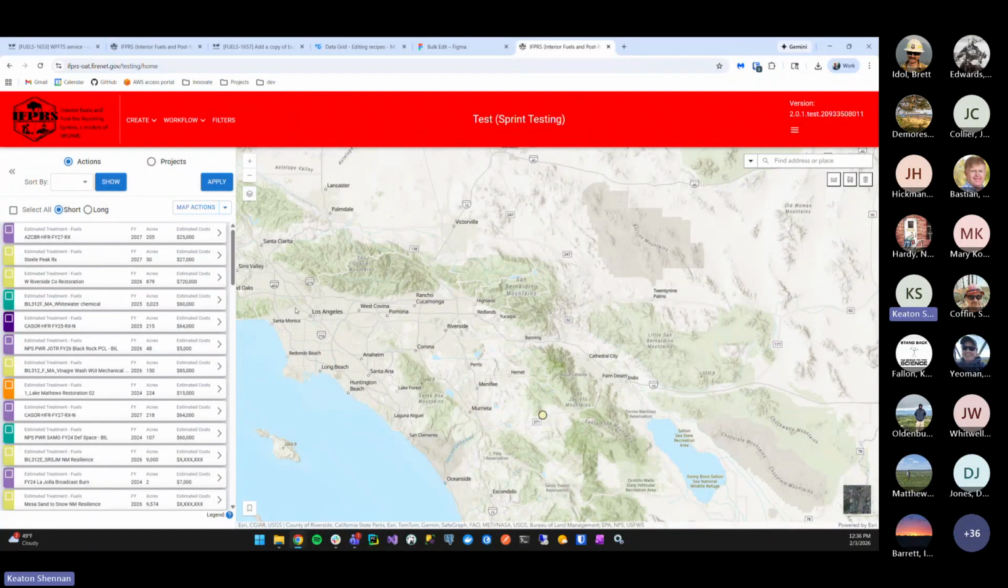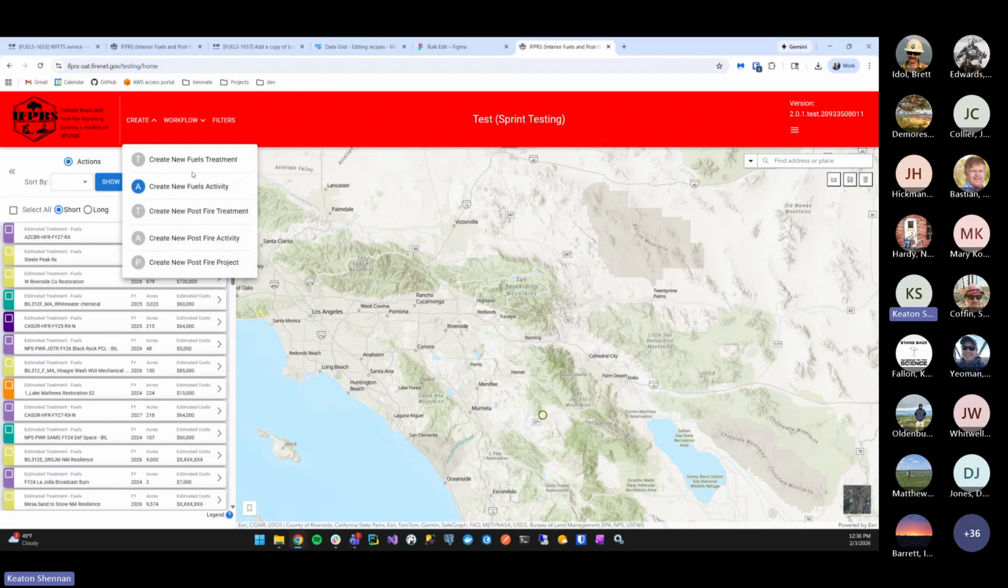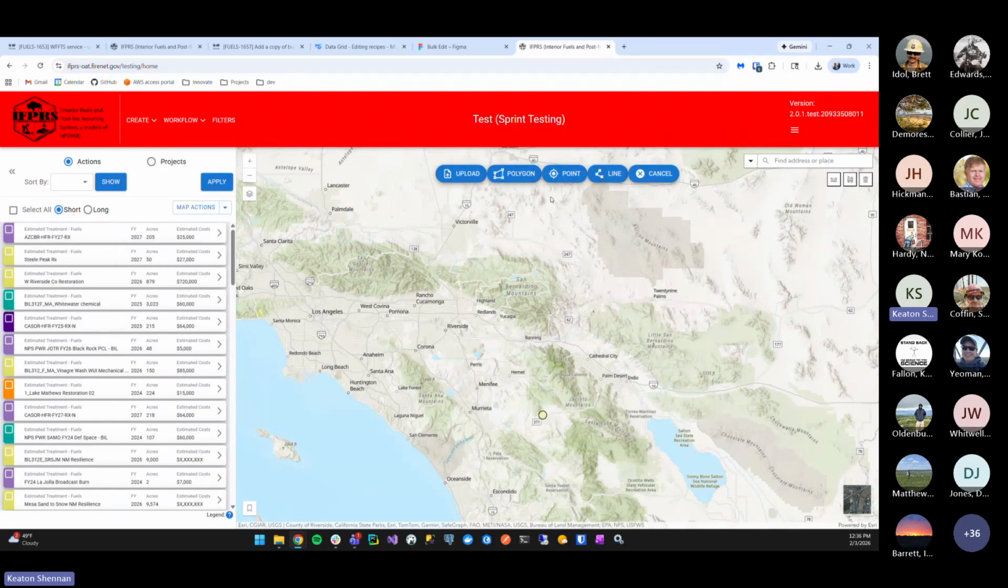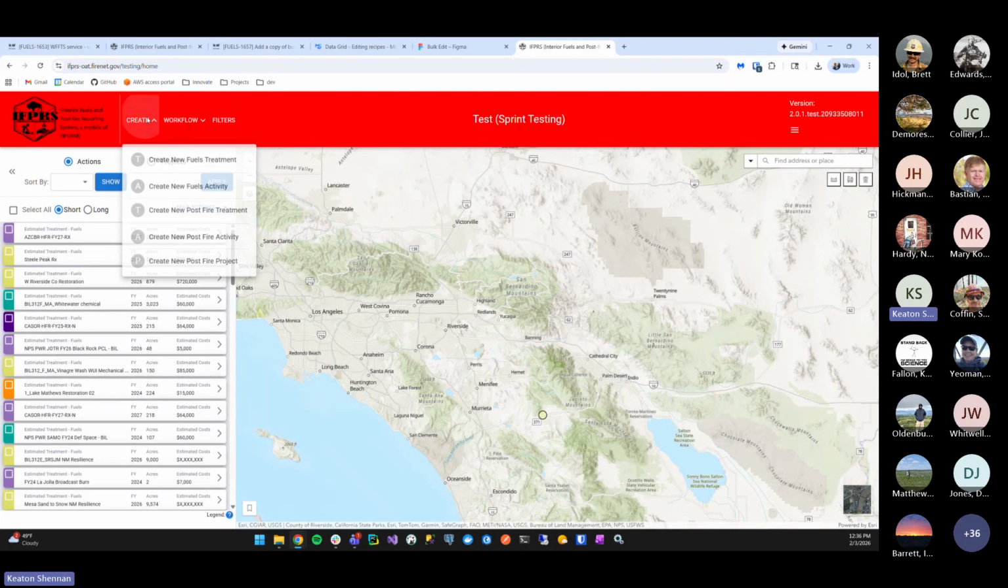and talk about creating new estimated treatments. So for the purposes of this demonstration, we'll just go through estimated fuels treatments, but the steps will be the same for post-fire, albeit for post-fire treatments, you do have a couple different geometry types available to you beyond what fuels has. So up here in the upper left-hand corner, you can see this create dropdown, and under here you'll